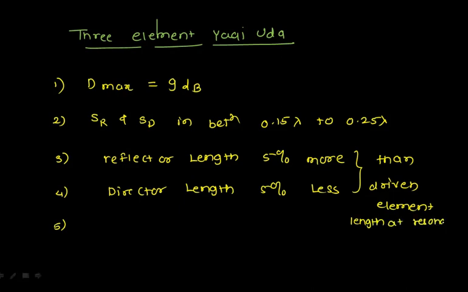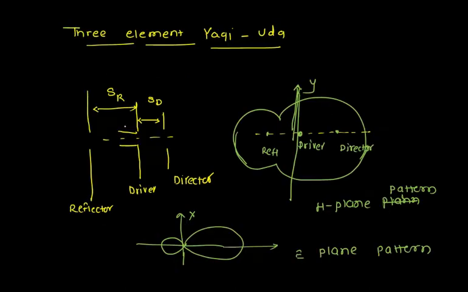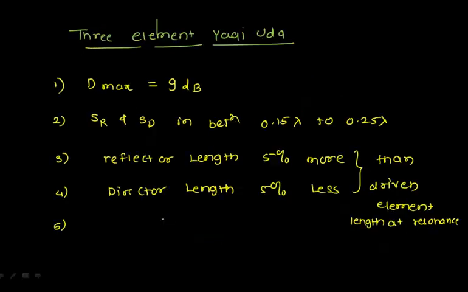Okay, the series resonance that I explained to you. Now the resonant length of the driver. The resonant length of whichever driven element you are using, keep your resonant length at the feed point between 0.47 lambda to 0.48 lambda. Ideally we say it is 0.5 lambda, but actually your resonance occurs at this particular frequency.